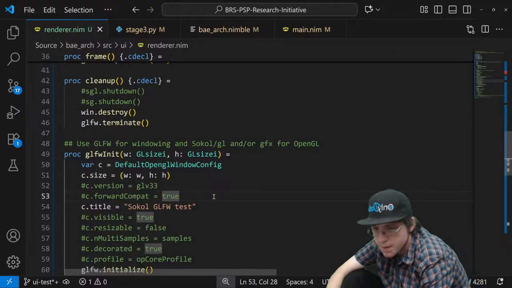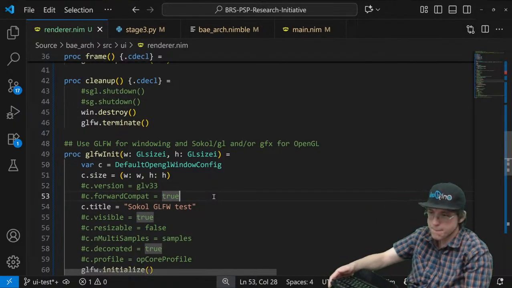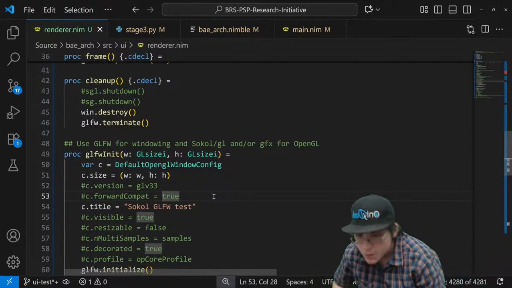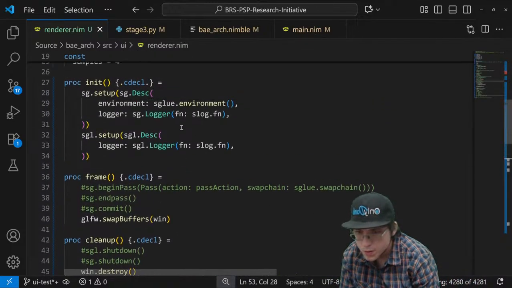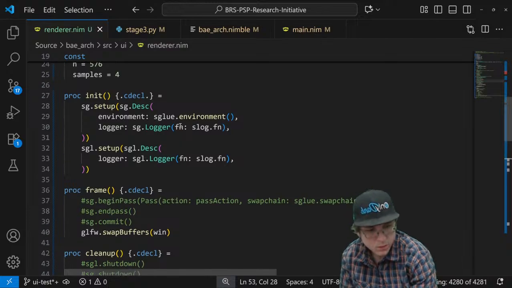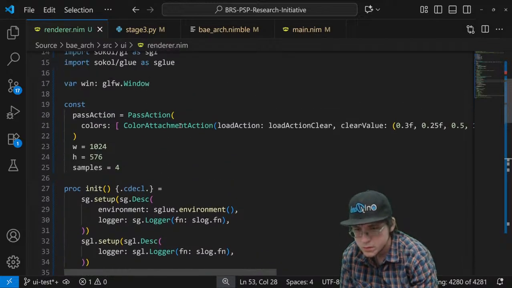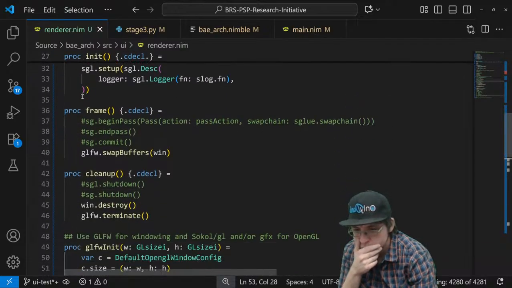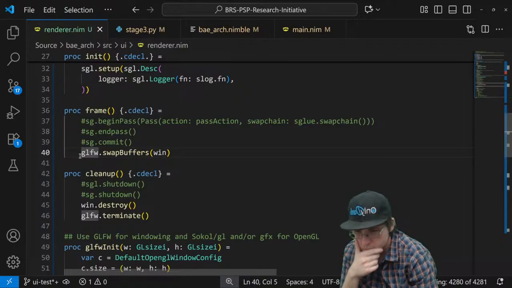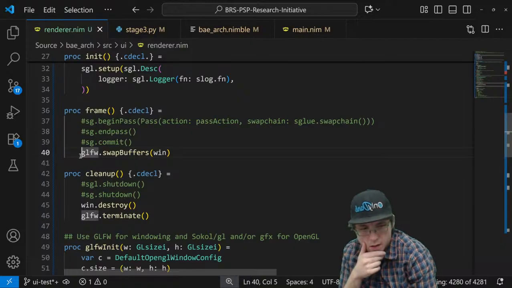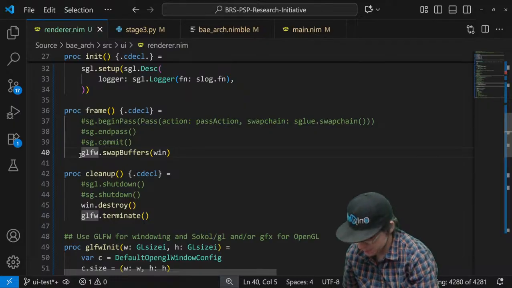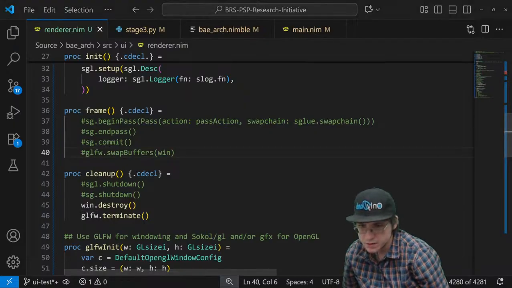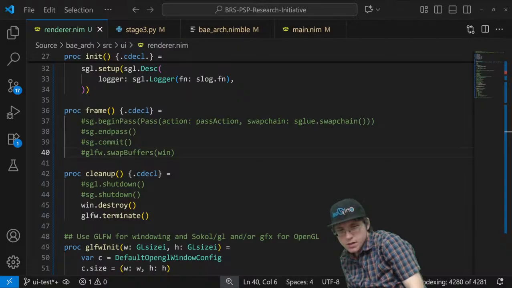Oh, yeah. This is the problem. Let's go ahead and comment that out, delete, rebuild, and we'll try it again.